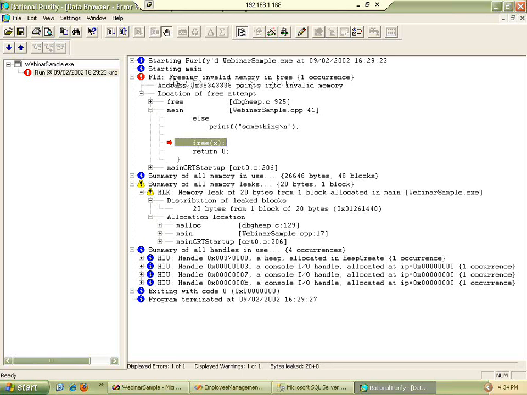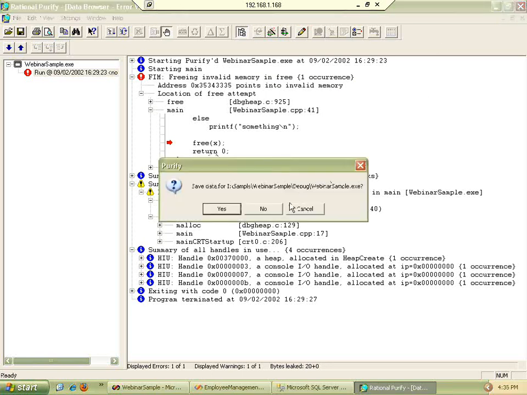It doesn't say not freed, it doesn't say free memory or allocated memory. It says freeing invalid memory, and this is the address. That means X is pointing to a memory location, but I'm not able to free it because of some reason. That means the pointer is messed up. Clear?